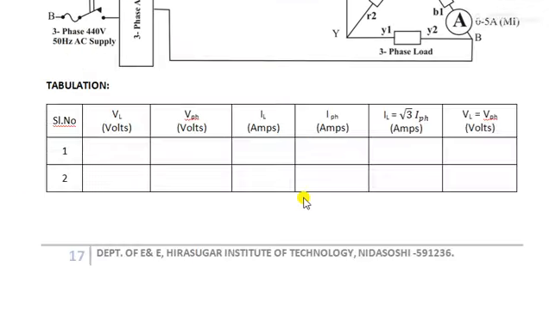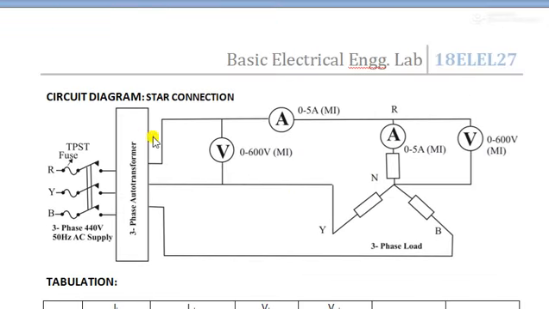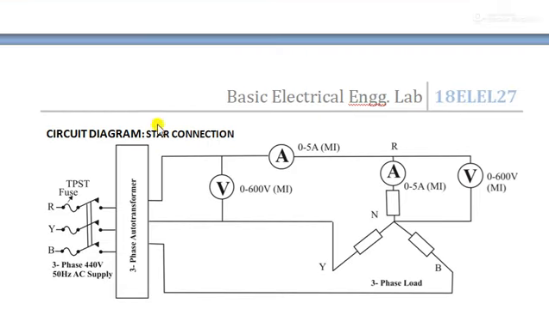Now let us see the circuit diagram of our star connection. Here the three-phase supply, 440 volts 50 Hz, is connected to a TPST switch. From this TPST switch it is connected to the three-phase auto transformer, which has 3 inputs and 3 outputs. From one output of this auto transformer it is connected to an ammeter 0 to 5 amperes, and then to one more ammeter 0 to 5 amperes,